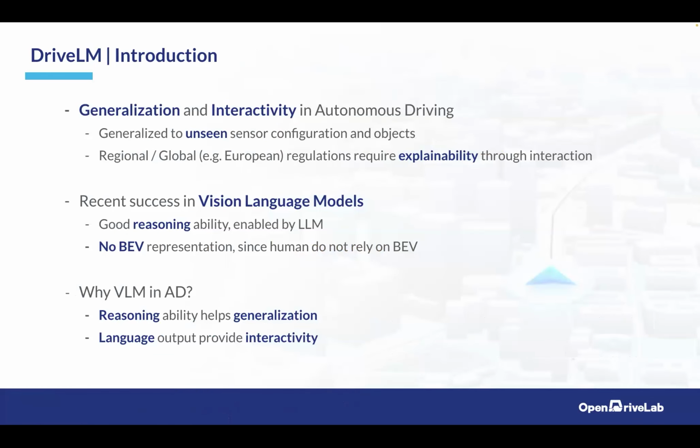There are three points we think can answer these questions, like why we need language here. Because we think language is a generalized and interactive tool for humans to interact with the autonomous driving system. Generalization is about, okay, the vision language model is pretrained on web-scale data to be very generalized around the world. What do I mean by generalized? It means that you see many objects that are not familiar, but are very familiar on the web.